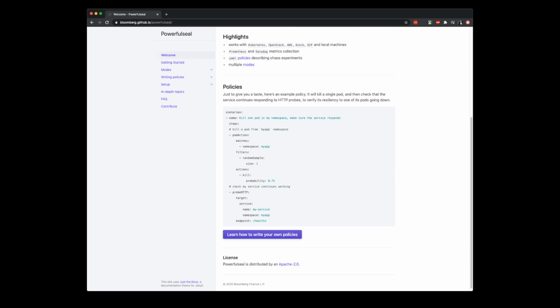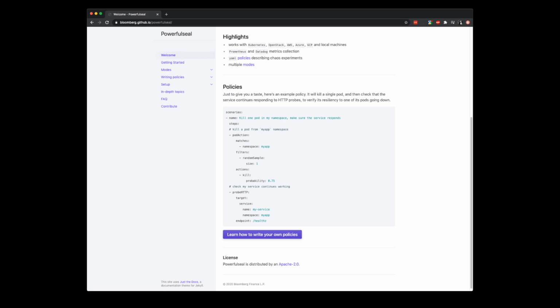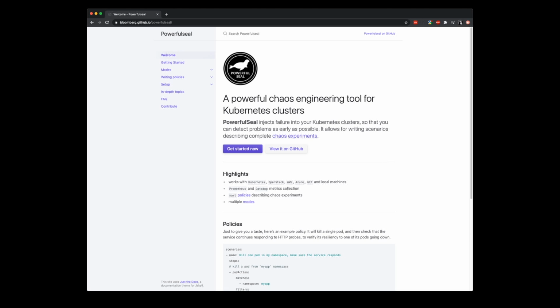But basically what it does is that it allows you to write YAML descriptions of scenarios. And then for each of the scenarios, you can configure a bunch of things that it can do to verify that your assumptions are correct. And if they're not correct, it's going to error, and you can alert on that.